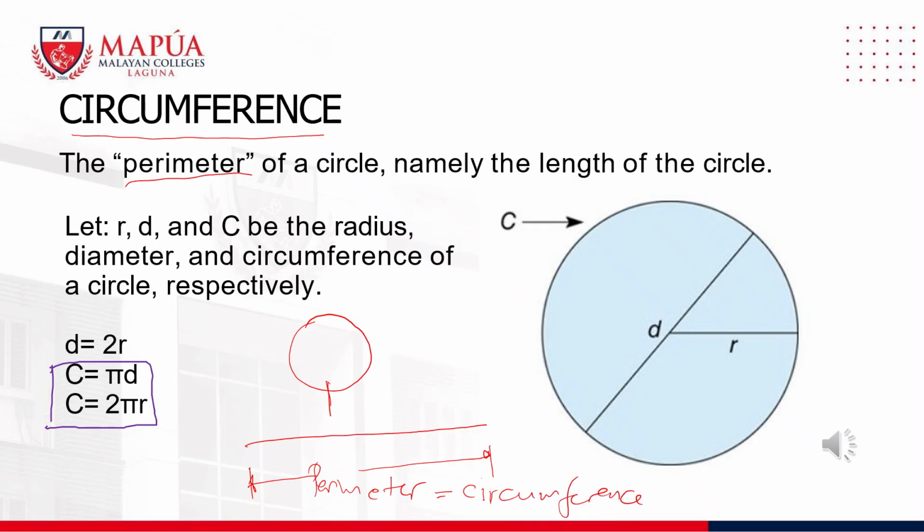Circumference. And the perimeter of a circle, class, which is the circumference, is dependent on the radius of the circle. Whatever the radius is, if the radius is very small, like for example in this circle, the radius here is very small, right? When the radius is very small, what will happen? The length is also small. So we can say that the circumference of a circle is dependent on the value of the radius.